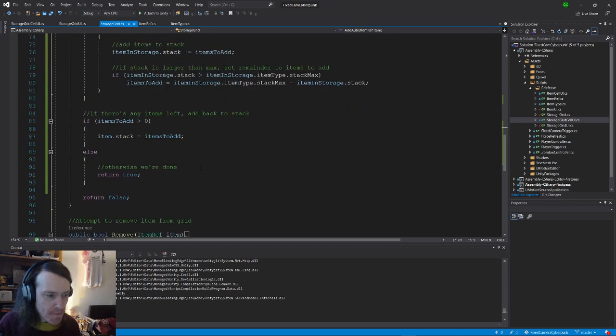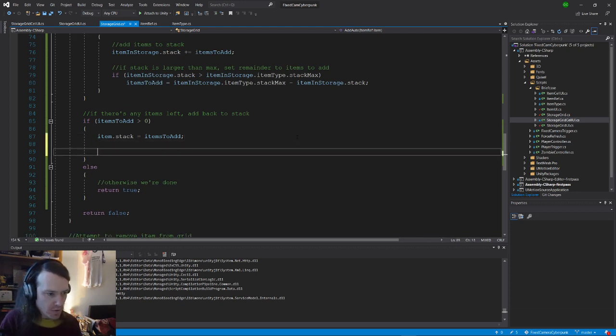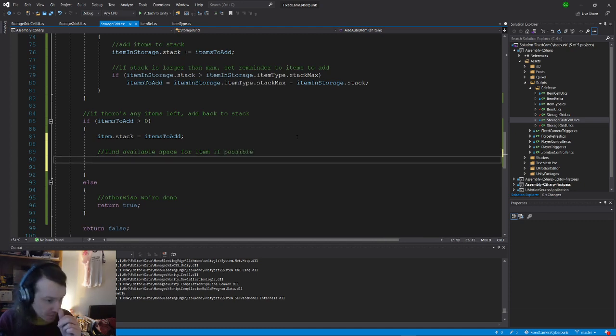Right. Okay. So let's just put some comment in here so I don't get sidetracked again. Find available space for item if possible. So I haven't actually thought about how I'm going to do that, so I'm just going to brute force it. And to brute force it,